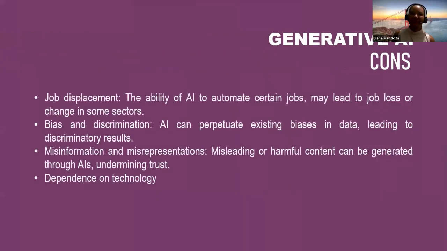With the different pros, we can also talk about the concerns related to Gen AI. One of the first concerns that rises is job displacement, because as I said before, we can use Gen AI to replace routine or repetitive tasks.